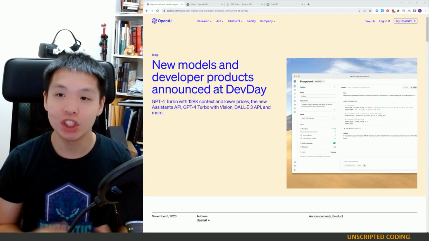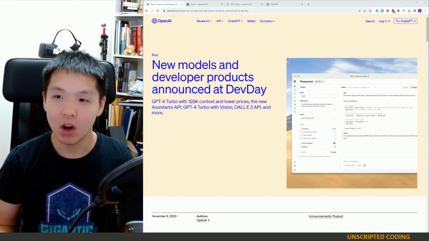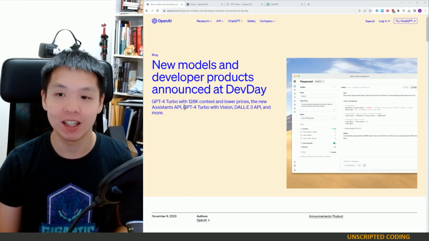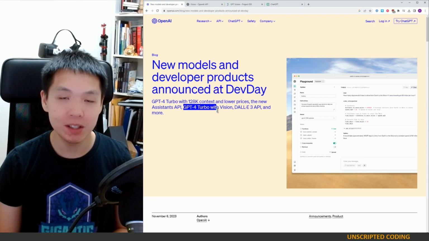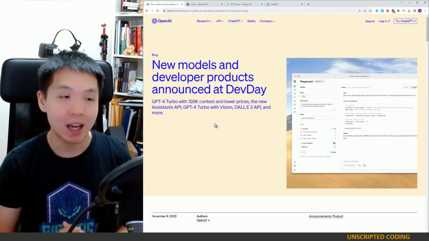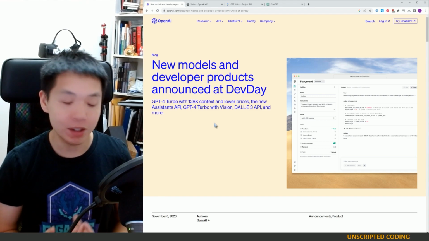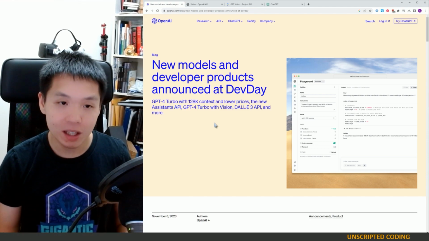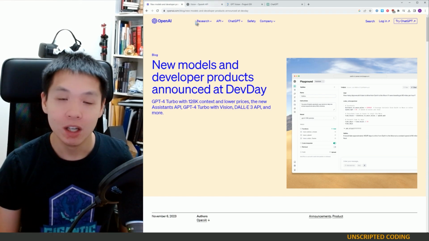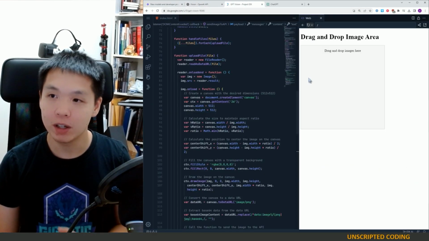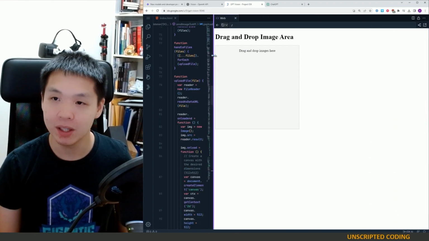Welcome everyone. Just a few days ago, we had OpenAI's first dev day. And one of the things that sticks out immediately is GPT-4 with Vision is finally available to developers. And that means we can use the API to build apps and websites and web apps to recognize images and comment. So today, we're going to use AI to build this very, very quickly, and the completed result will look